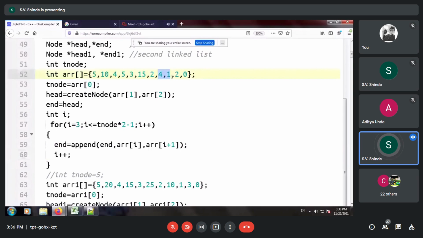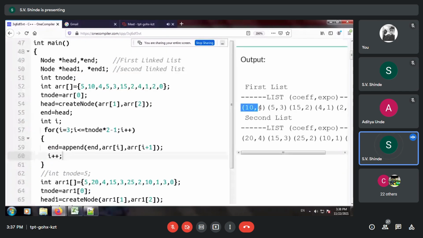If you want to see the result of this, we'll just compile it and see. So let us observe that this is the output of list 1. Are you able to see, participants? So it is 10 raised to 4. So this was the first node, that is the head node. Then the second node is 5, 3. So you can see the output over here, 5, 3.